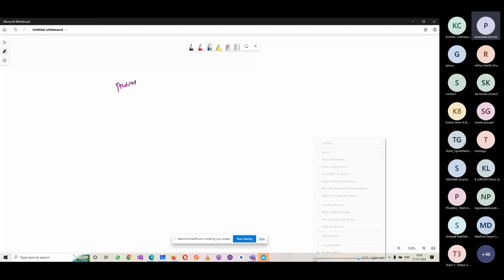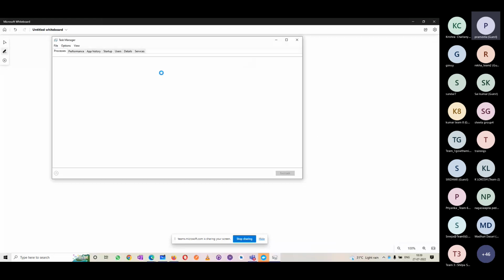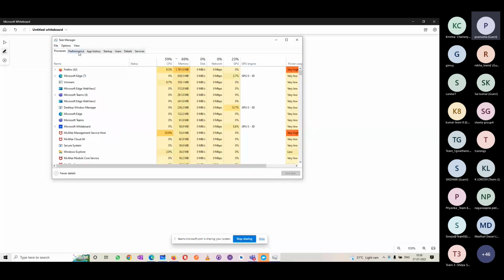If you go here and give a right click, Task Manager. In the Task Manager, you can see the processes here. You see the Firefox browser. I open the Firefox browser, I open the Edge, I open the Teams. Whatever things I have opened here, everything is called a process. Till here clear? Now for this particular process, you see here the CPU utilization and the memory utilization. If I just double click on it, it will give me the ascending order and descending order, showing which is occupying more memory. See, if memory is more,